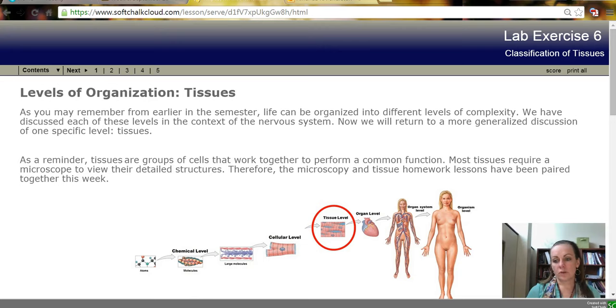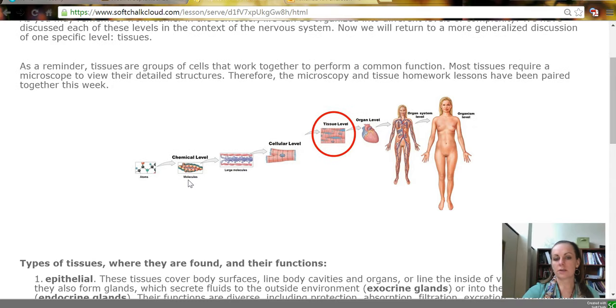Okay, so now we're going to move into a discussion of tissues of the body. Just to remind you where we're at and what we're looking at, here's the screen. We started out at the beginning of the semester with atoms. We combine atoms to make molecules, small and large. And then we combine large molecules together, and if they have a common function, we call them a cell. Now what we're looking at is groups of cells that work together for a common function, and that is called a tissue. And so this is the level that we're working at